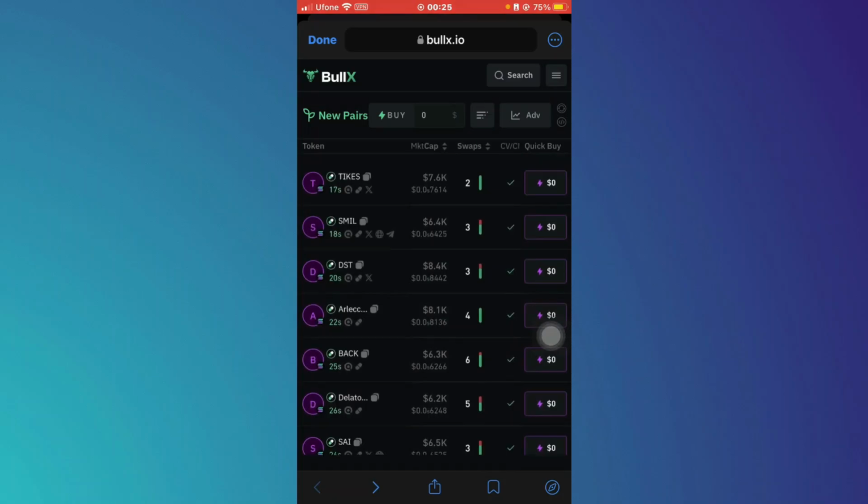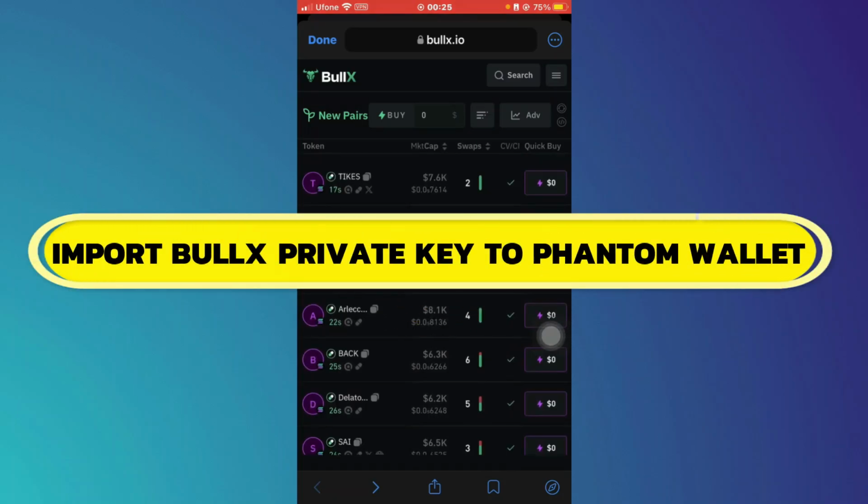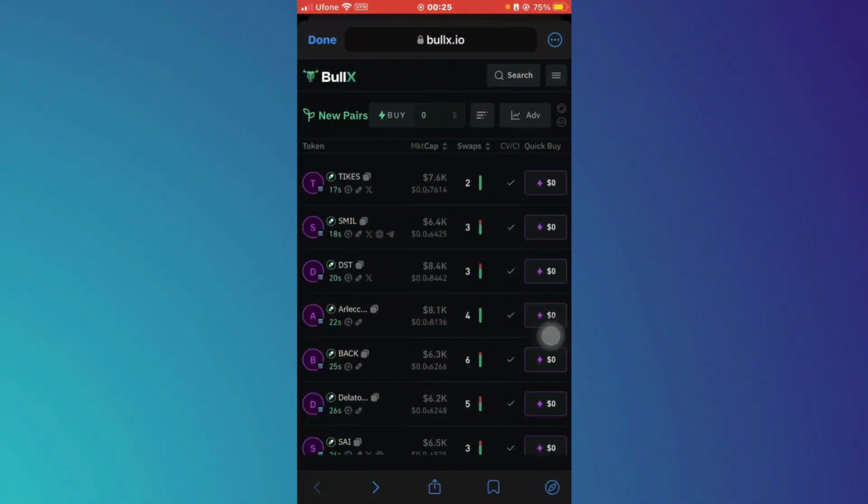Hey guys, in this video, I will show you how to import BullX private key to Phantom wallet. Alright, let's begin. If you don't have an account on BullX, no need to worry, you can go to your